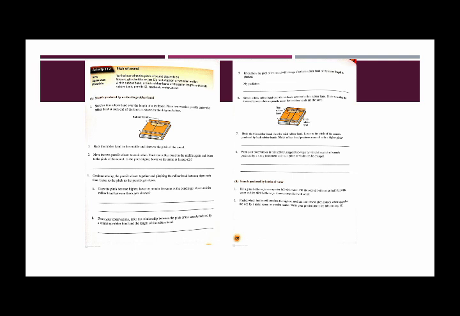Then in part 8, from your observation in this activity, suggest two ways by which the pitch of the sound produced by a string instrument such as a guitar or violin can be changed. Now what we are doing over here is plucking the rubber bands and creating sounds. The same happens in guitars or violins.